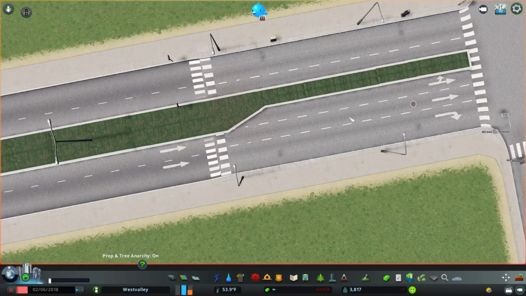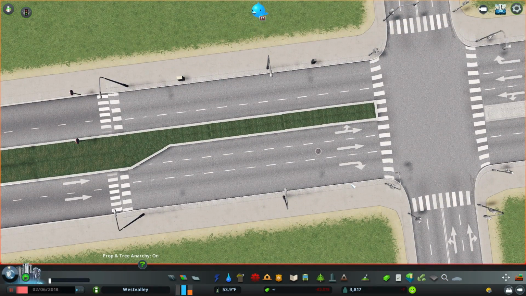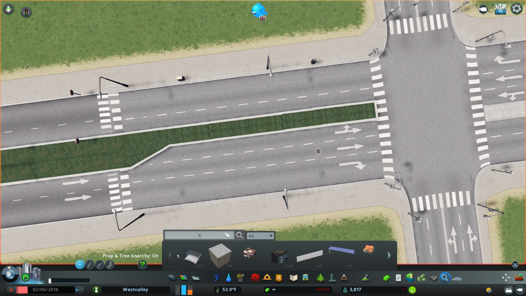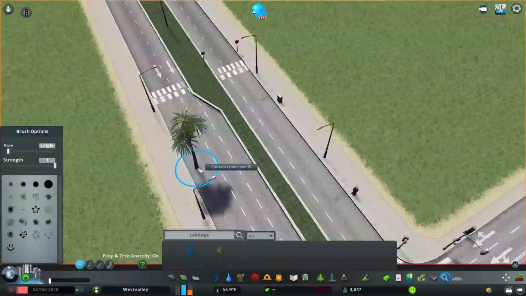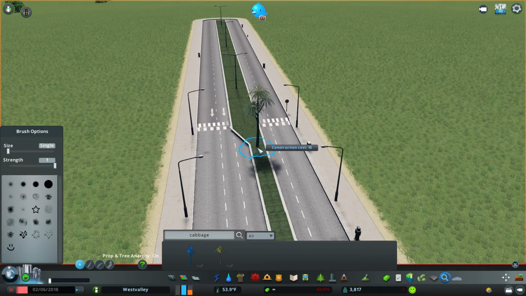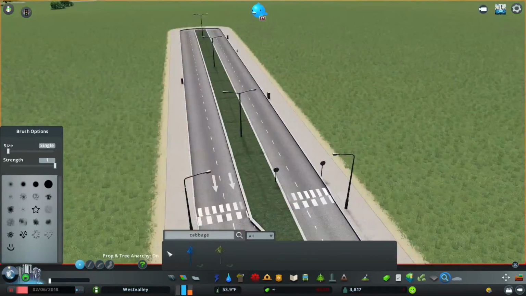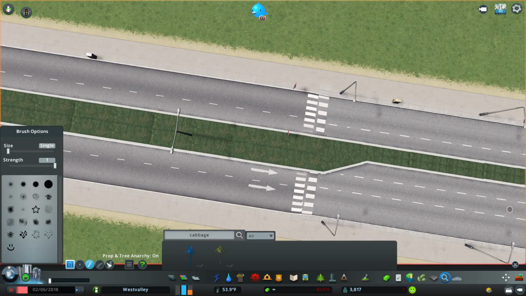So once all that's aligned, next insert some trees in the median so that it looks a little bit better. So I'm going to search for this tree right here. I'm just going for more of a tropical theme, but you can also substitute this with any tree you want. So I'm just going to use the prop line tool and